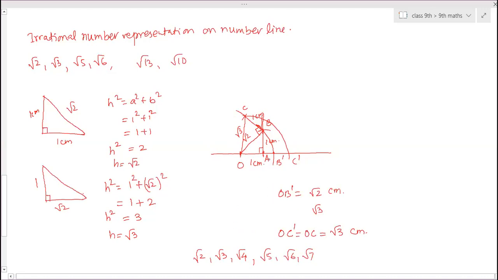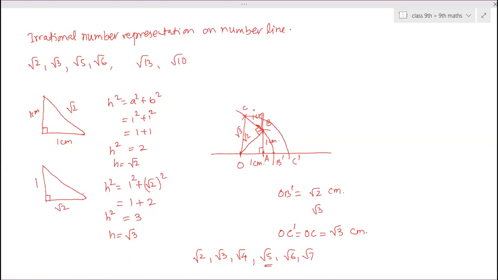So on you will keep getting, and it will form one spiral structure. But we are drawing only till this part. This part we are not supposed to do. They will ask you questions based mostly on the square root of decimal numbers, so that is a different construction. So right now, root 2 and root 3, that's it, only draw. Don't draw for root 4 and root 5. I will show you how to draw the root 5 construction in a separate triangle.